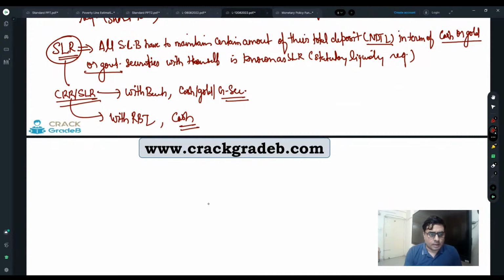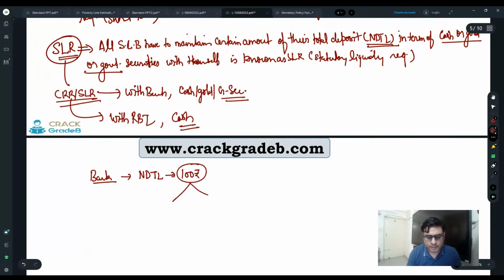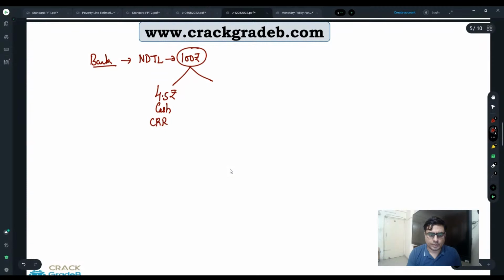Now, SLR is a percentage of the NDTL of the bank, right? Either cash, gold, or government securities, held with themselves. So suppose there is a bank, and this bank has an NDTL of 100 rupees. Of this 100 rupees, they have to put 4.5% in cash, right? In what? CRR,